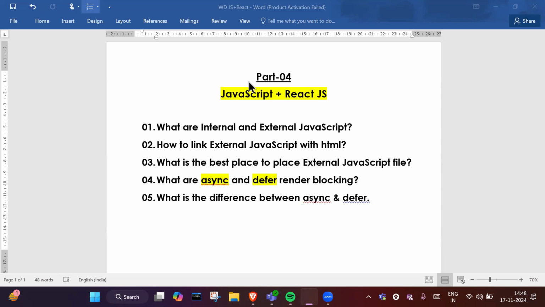Okay, so hello everyone. This is part 4 of our JavaScript plus React.js playlist. Here we are learning the basics of JavaScript, and we will implement those basics in React. Because once you are familiar with JavaScript, it will be easy for you to learn React. That's the reason we will cover all the JavaScript from basic to advanced, and we will implement React